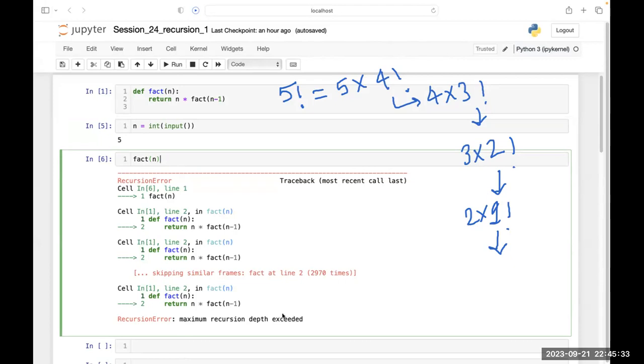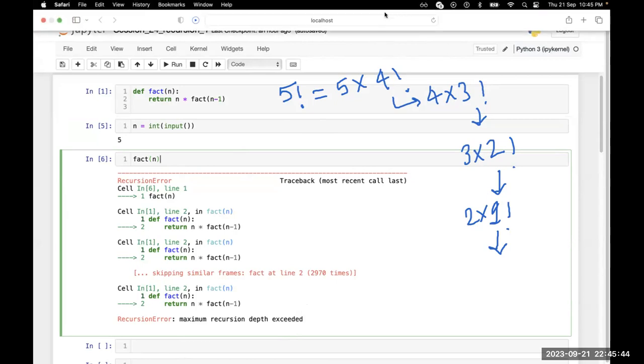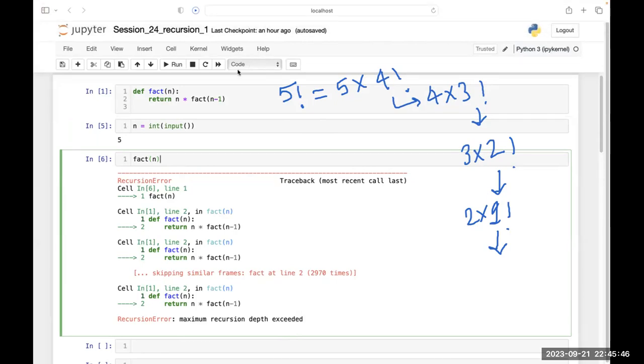So there is a limit to the depth the recursion can go. Usually this limit is approximately around 1000. In my system, by default, it is set to something like 1558, but most of you will get a recursion depth of around 1000.